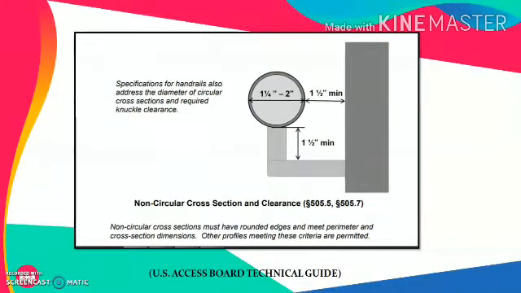This is a cross section of the handrail. So here once again, a circular or pipe section is always good to have as a handrail. It must have a diameter in the range of 1.25 to 2 inches, and once again, between the vertical post to which it has been attached and the actual pipe section, a clear free space of around 1.5 inches is to be provided so that it can be gripped by a person without any difficulty.